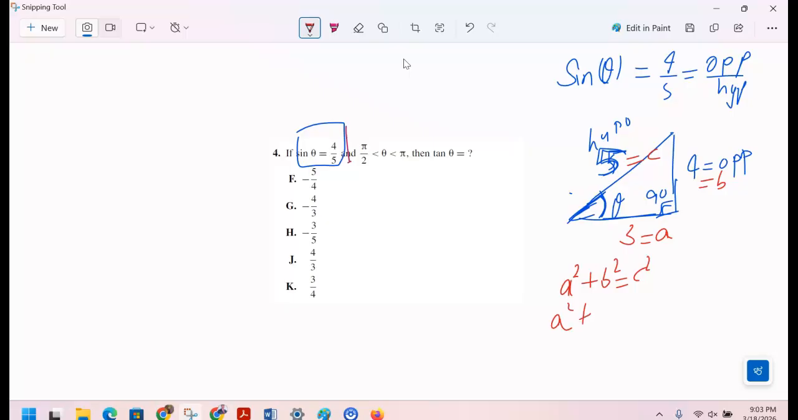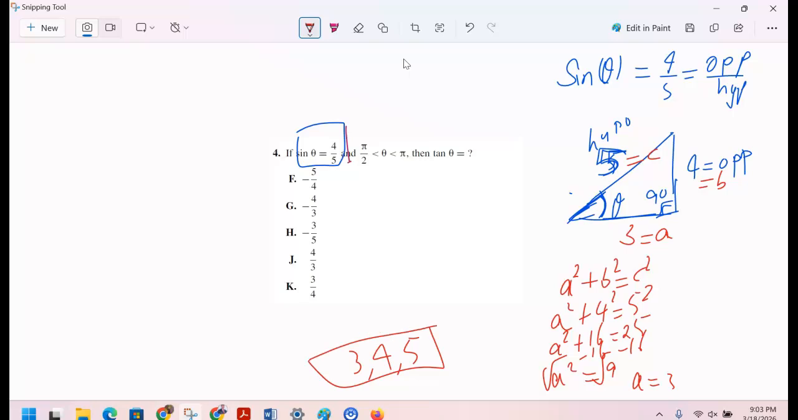And A is what you don't know. Maybe B is 4 square, and the other one is 5 square. So A square plus 16 is 25. And if you subtract 16 from both sides, you get A square is 9. And you put a square root, you get A is 3. Or you are supposed to know 3, 4, 5 is a Pythagorean triplet. It has to be. Now, why I'm showing this is, directly we can say if this is theta, what is